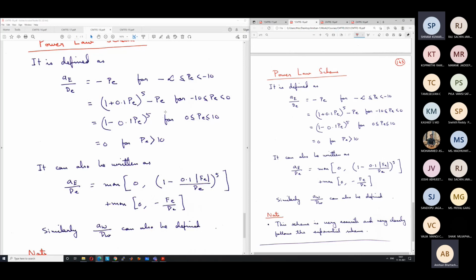I will try to find the errors at different points, then try to find some least square error or minimum, something like that. So basically, I am trying to do a curve fitting to find out different schemes. Nowadays, with the widespread use of AI and machine learning, you can even use machine learning to find better and better solutions. But it's basically just a curve fitting.